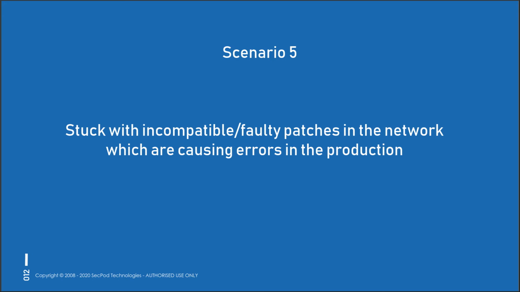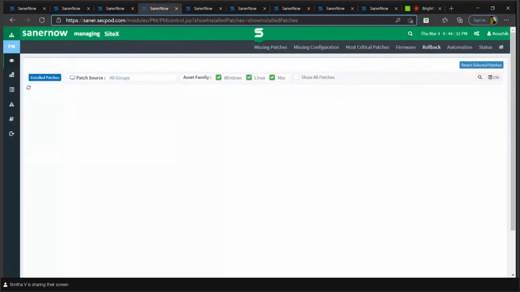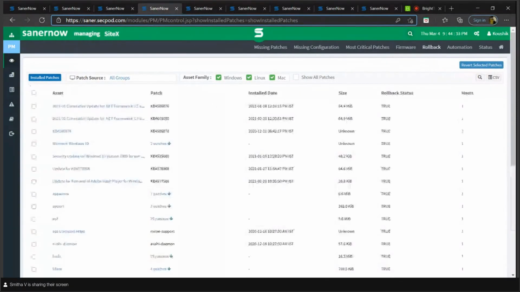The solution for this is just rollback. We provide an option called rollback, and we will be able to achieve that through it. I'll show you how. In the same section, when you land from the PM page, we have another tab called rollback. I agree that there might be some circumstances where some of the Microsoft patches or any other patch might not have been installed properly or will be in a faulty state.